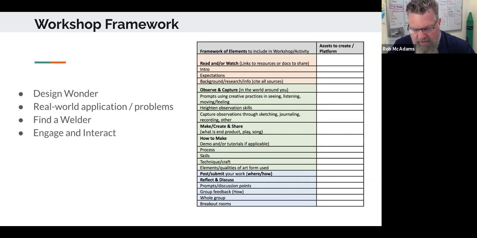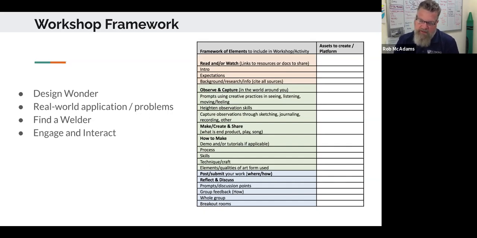that you don't have. So I think it's Donald Judd had the perfect metal boxes back in the 60s. So you think about, am I going to spend years and years and years learning how to weld a perfect steel box if that's what I want for this one project? Or do I find somebody that's been welding for 12 years to build that? So that's the find the expert part of that process. And then the engage and interact is what you want students to do, both with their community and all the learning opportunities in the world around them. So just walking through this framework,